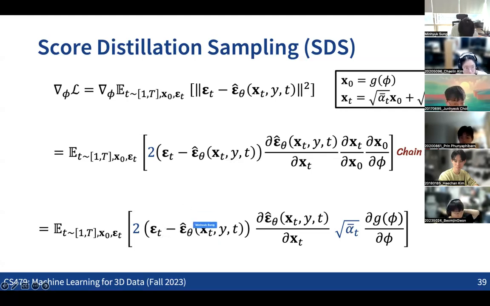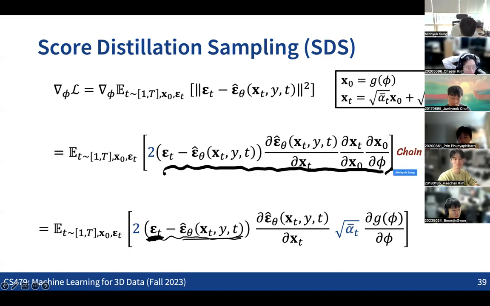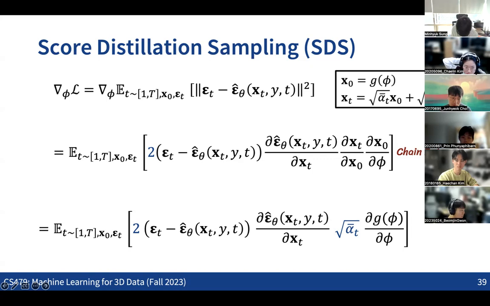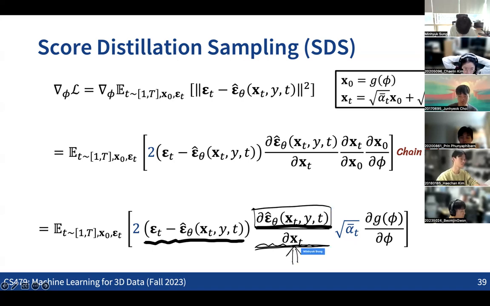So this means the difference between the noise that we added and the noise predicted by the neural network, right? This is nothing but applying the chain rule. When you take the gradient descent of this loss function, how we can compute the gradient using the chain rule, we are going to get this kind of computation. What you can see is that the first term is the difference between these two, the amount of the noise and the noise that we predicted. And this is the gradient of the noise prediction network with respect to the xt, which is the part of the data, right?